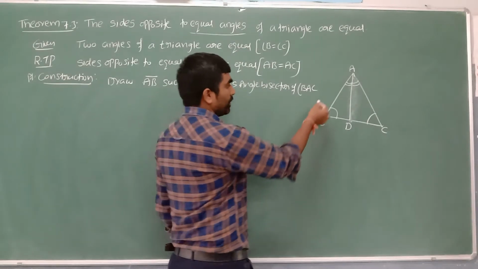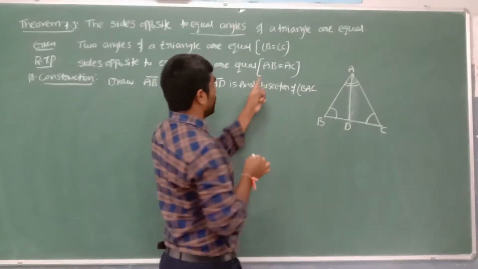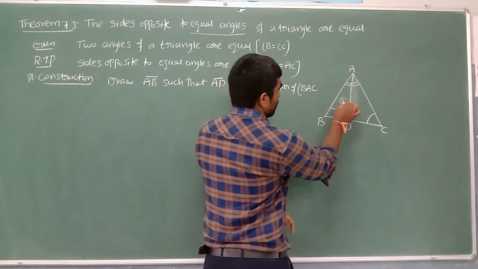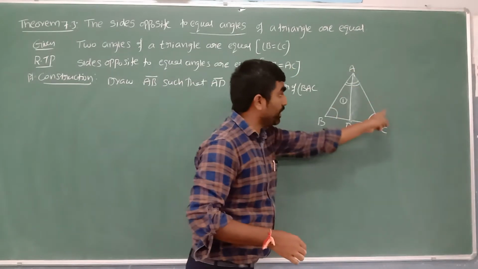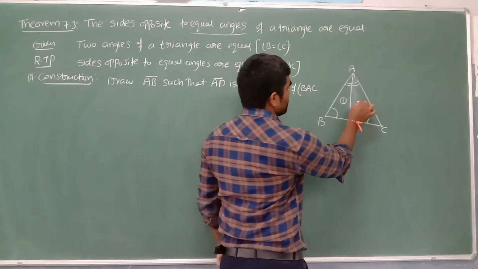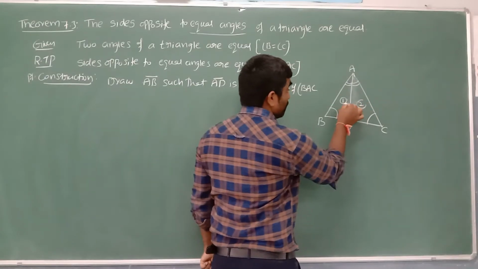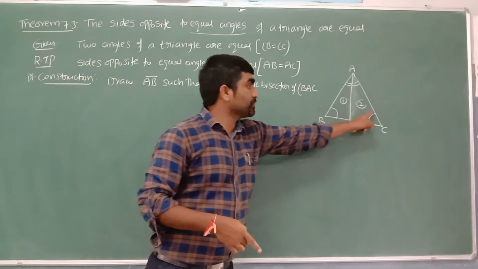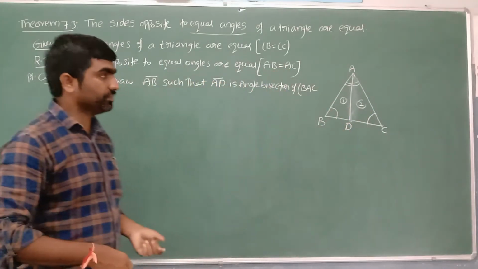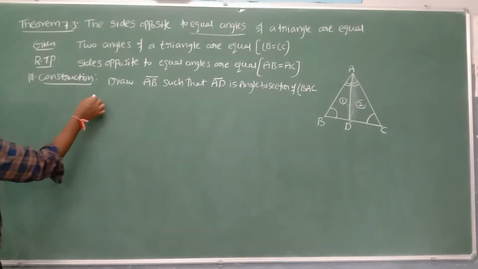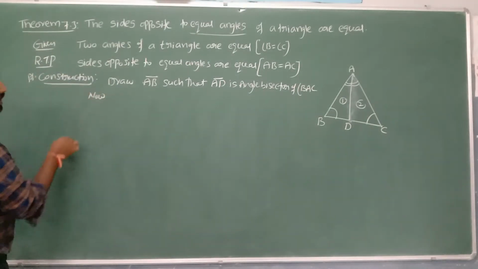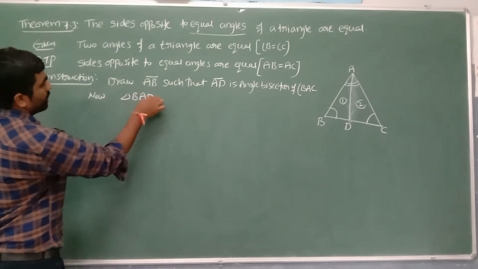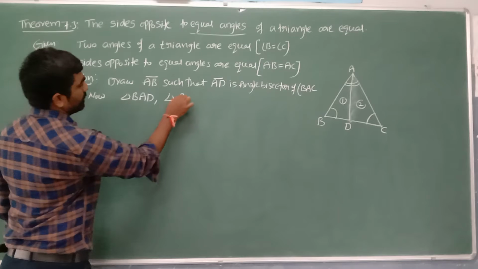Yes. Now based on BA, I want to prove actually AB equal to AC. Based on AB, I can take ABD triangle. And based on AC, let me take one triangle ACD. Now I want to prove these both are congruent. Once they are congruent, by CPCT I can say corresponding sides are equal. So let me take two triangles. Yes. Now I am taking triangle BAD, comma, triangle ADC.